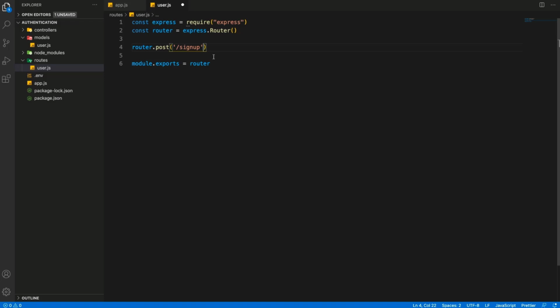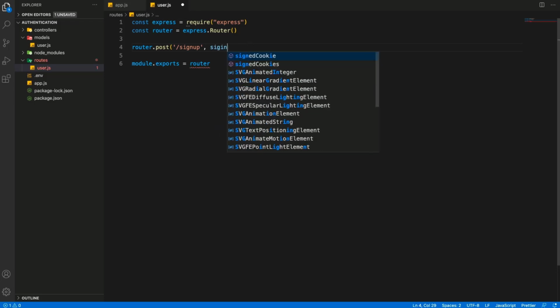So we did this route. We say router.post /signup. And what do we want to run? We can go ahead and run a function, right? When a user hits this route, we can go ahead and run a function. But this is also not a good practice to do it. So that's what we always suggest, to go ahead and say sign